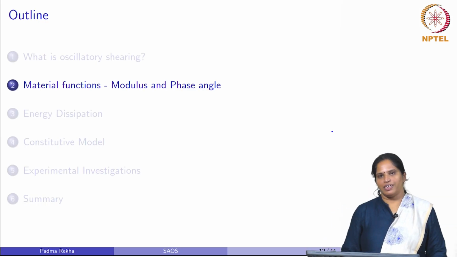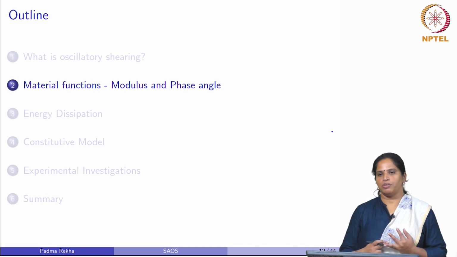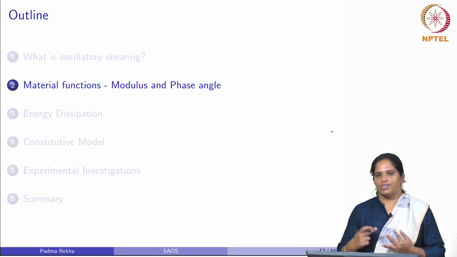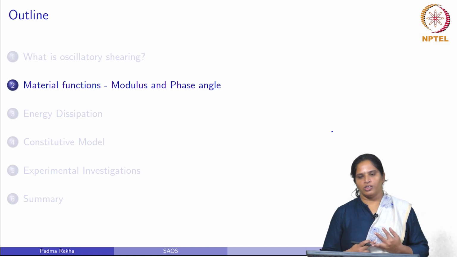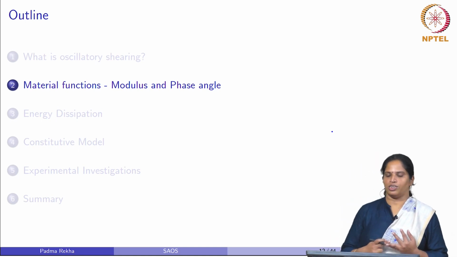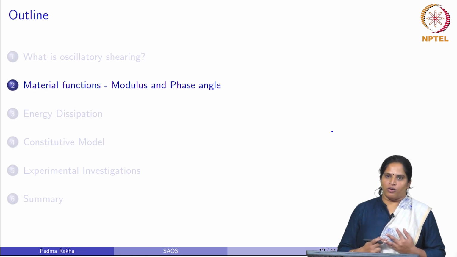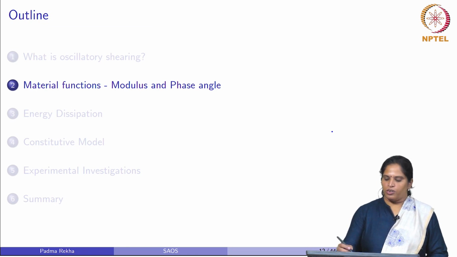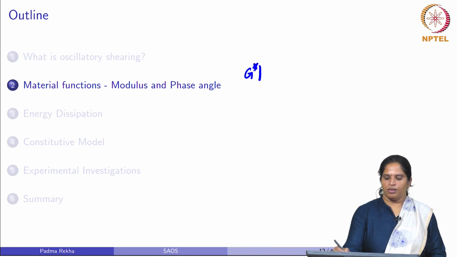So, if it is elastic, we generally use a simple modulus function, and if it is a time dependent function, you have also been introduced to a relaxation modulus or a creep compliance function. Now, in oscillatory shearing, we use a modulus called the dynamic modulus. Maybe you are new to this term, but you will understand what dynamic modulus is, and phase angle you already